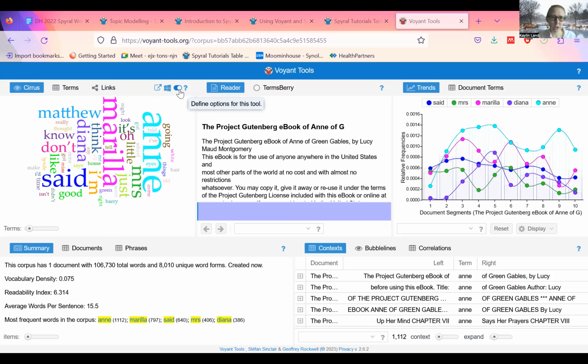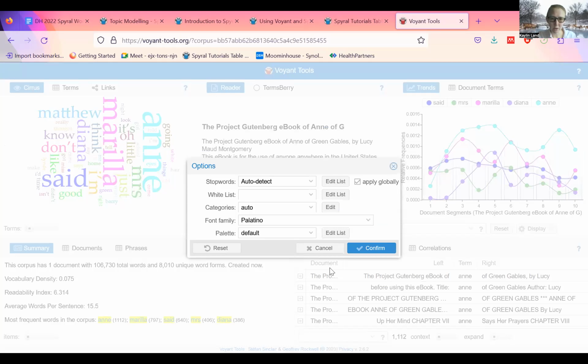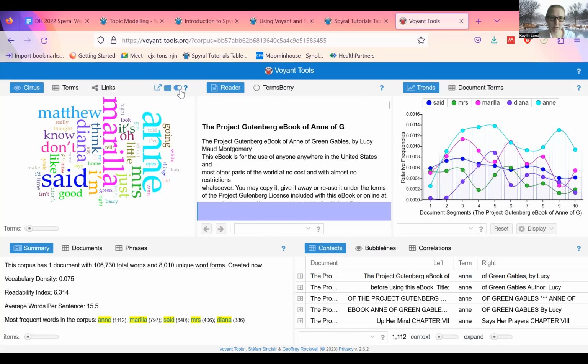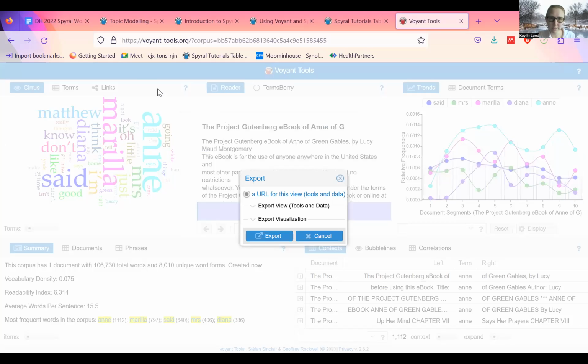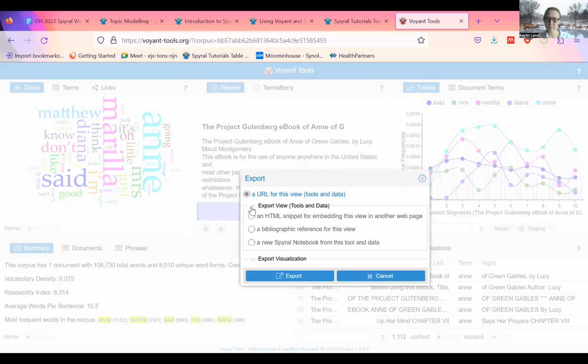You can go to the export button for any of the tools. And you're going to see here, export a URL for this view. That's just going to open this tool bigger in another window. You can also go to export view tools and data and go down to here where you have the option for a new Spyral notebook for this tool and this data. So this tool meaning the Cirrus tool, and this data meaning this corpus, Anne of Green Gables. I hit export,